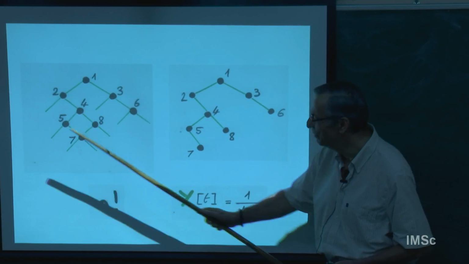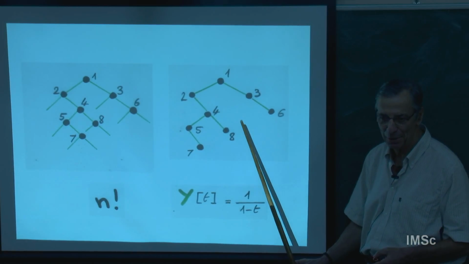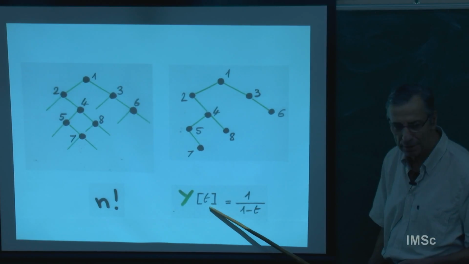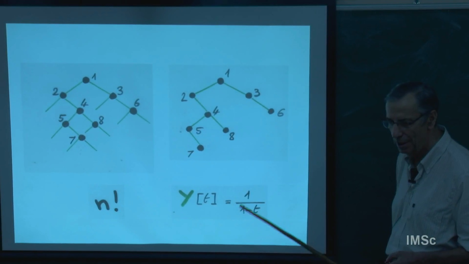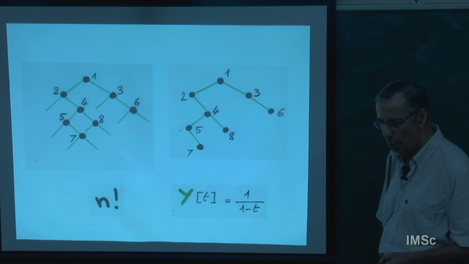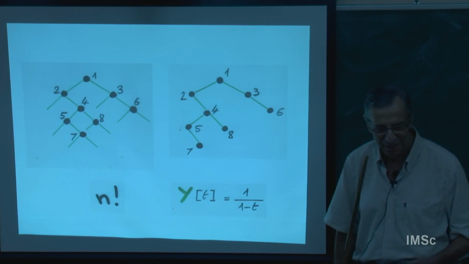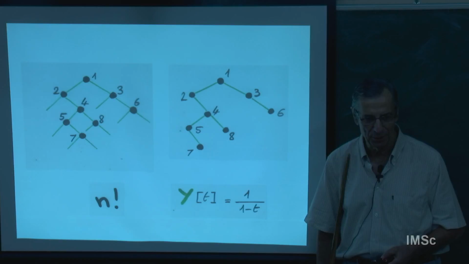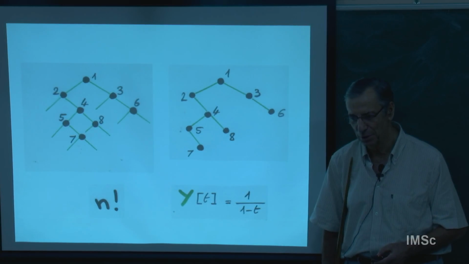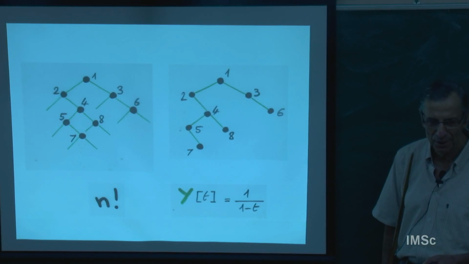Once you get the tree, of course, I delete the external edges and I get my element of the L species, increasing binary tree. So it's n factorial. So the exponential generating function of increasing binary trees is this. We'll see next week a lot of times this other fundamental object in the n factorial garden. We will see inversion table, increasing binary tree, and pair of Young tableaux, Robinson-Schensted. All this is.